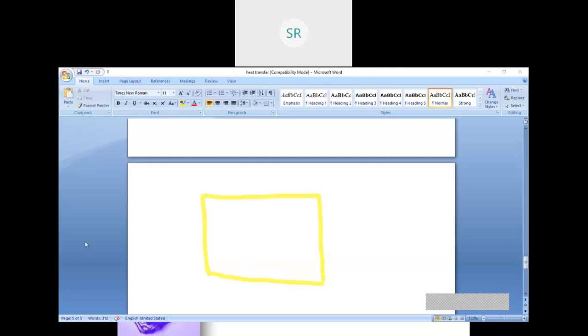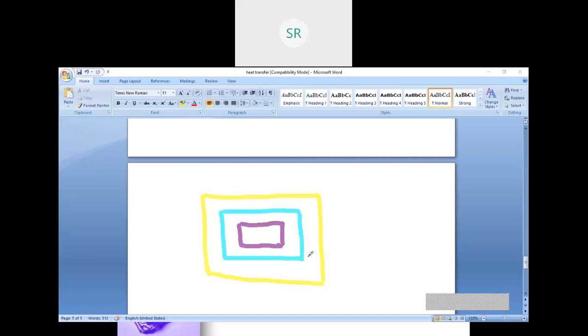Now out of this board, say I want to design two layers, one this layer and the other this layer.